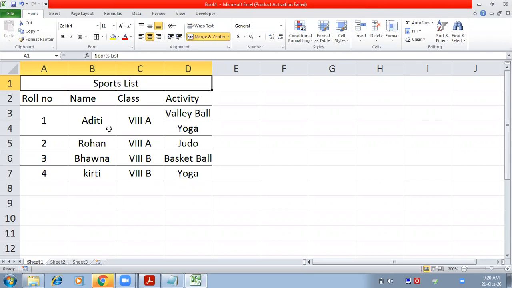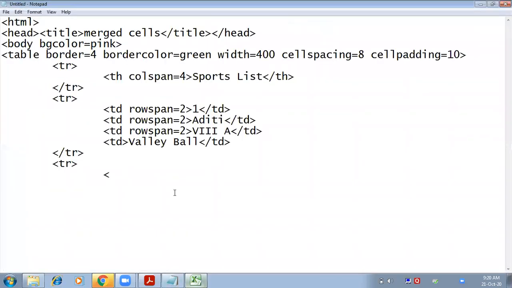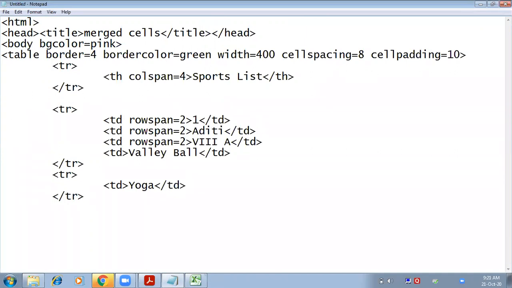This cell is already created with the third row, this cell is also created with the third row, so we have to insert only one cell, in which we have to write yoga. So here we will be writing td yoga, close td, and this row is also complete, so we are going to close tr tag. Okay, so here we are inserting the second row.